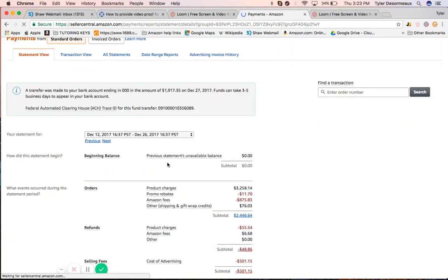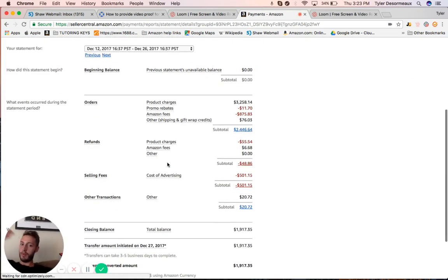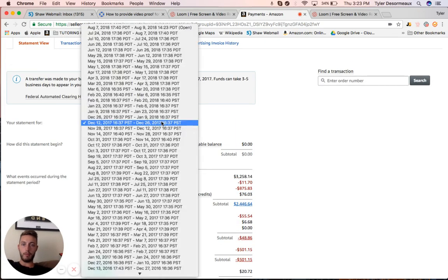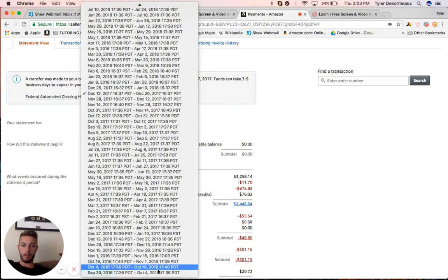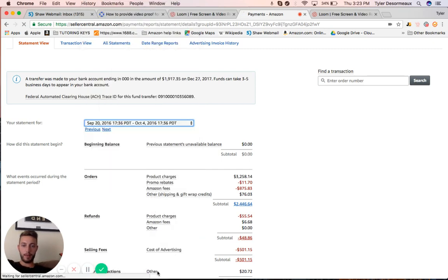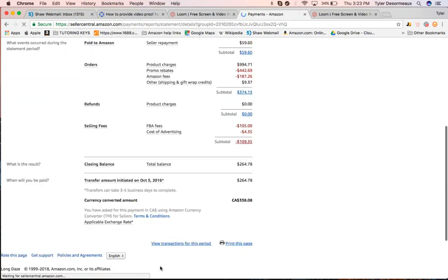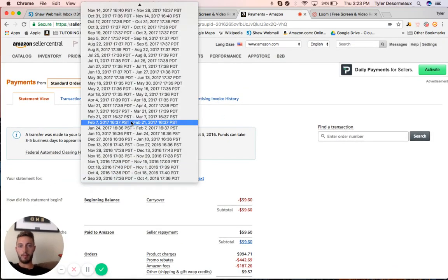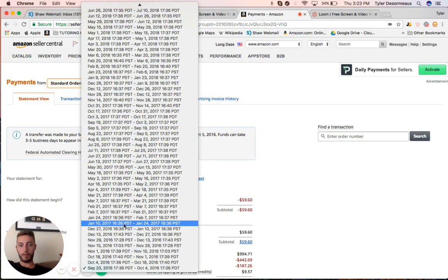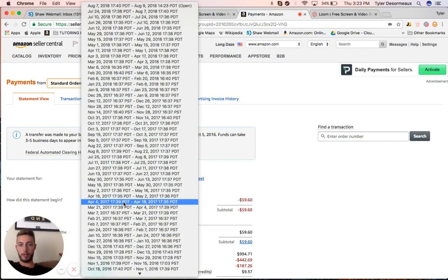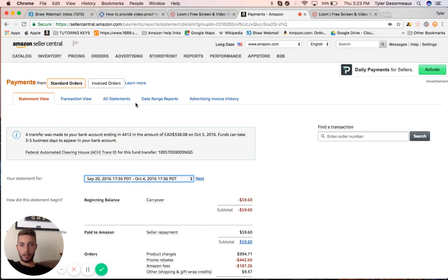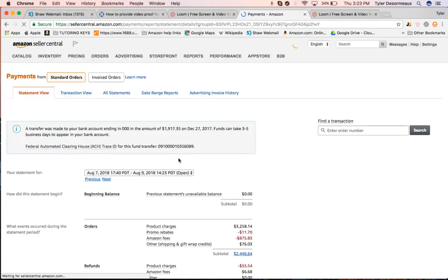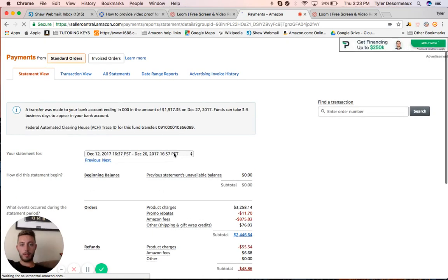And we'll just keep flipping through. But as you can see, I have been getting paid every 2 weeks since I started this. We could even go back to the very first payment. This is a long time ago. But yeah, I've never had to pay to sell on Amazon, which has been nice, other than the initial inventory. But let's go back. So we were in 2017, December,